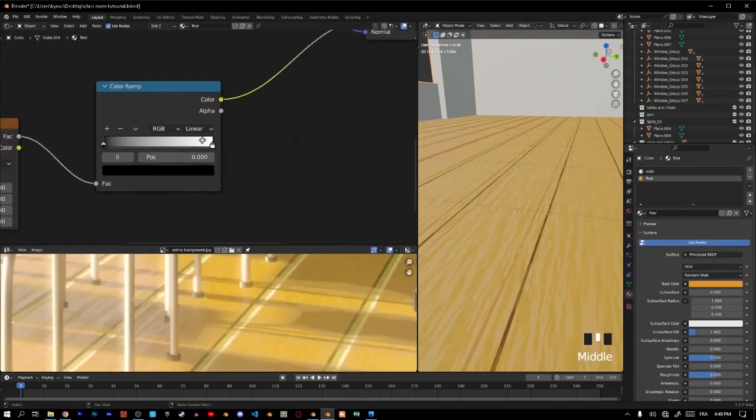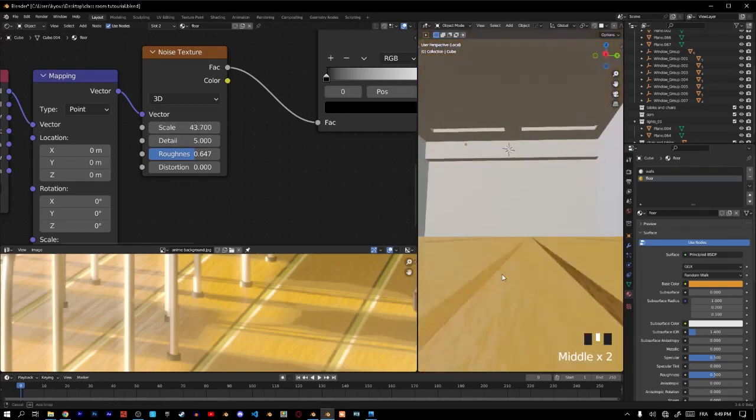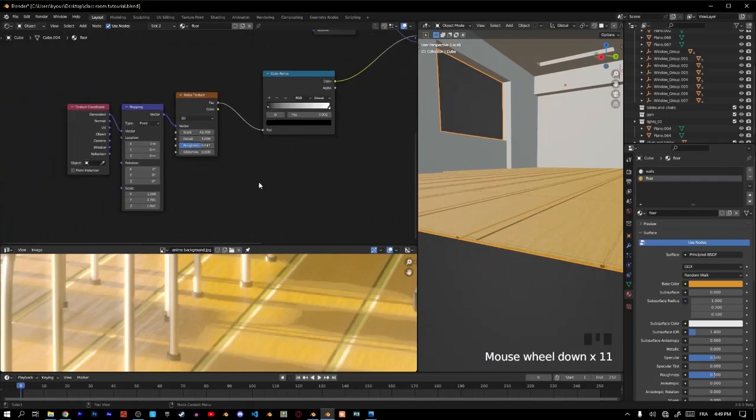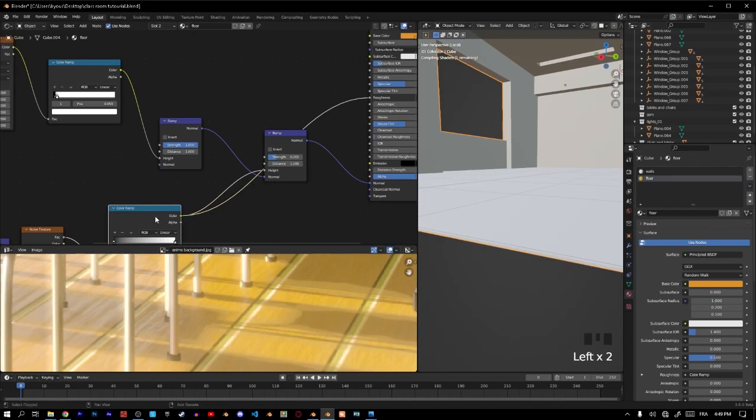And yeah, maybe add some roughness to it, some details, you know, to add some texture, and the same texture added to the roughness tab with another color ramp. So Shift D,